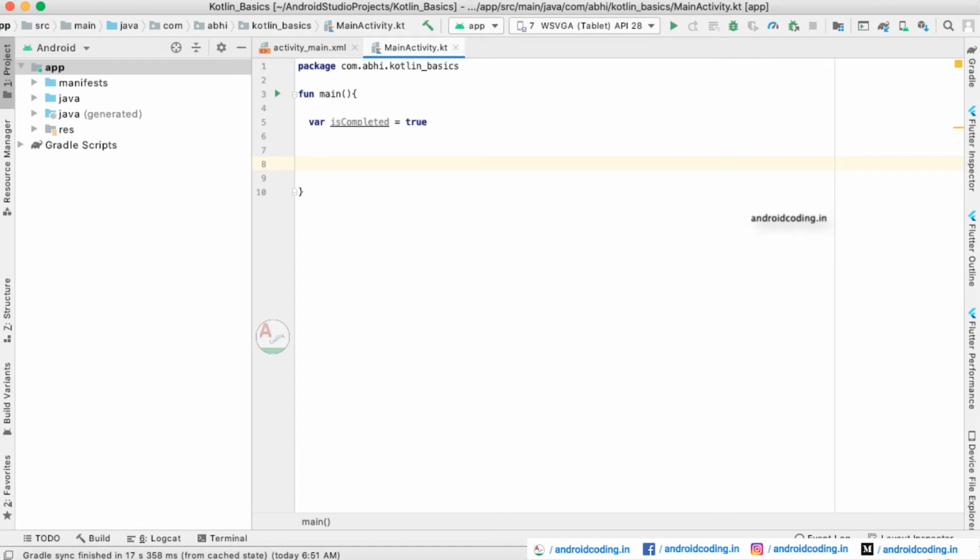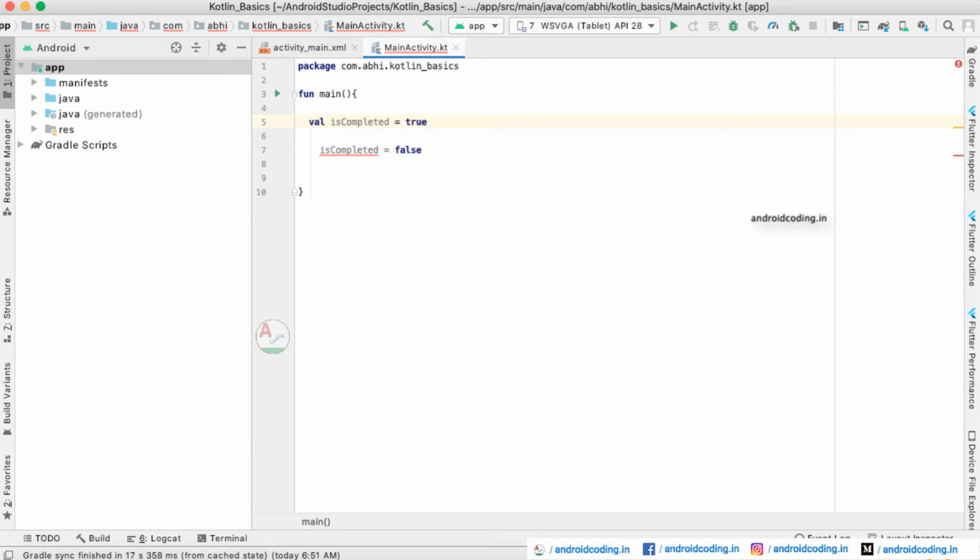As we have discussed, Kotlin is a typed language. So with the help of type inference, we are detecting that it is a boolean variable. In the same way, you can make it false after some time. Because this is a mutable variable, and later on if you want to make it immutable, then you can see it cannot be reassigned.